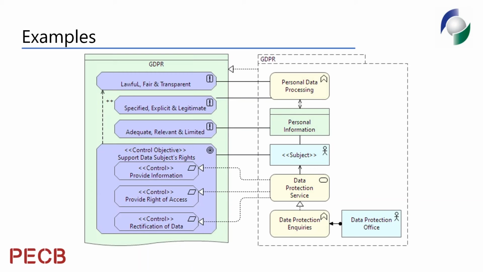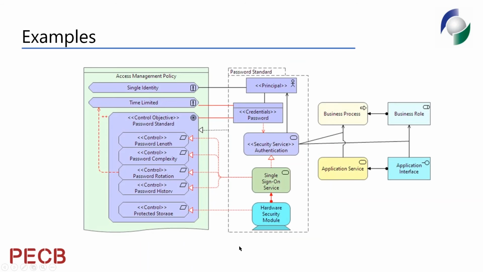We get some sort of automatic traceability and show of compliance, not in a big spreadsheet, but just by, say, querying our model. And the way that works is, what I've done in this model is trying to highlight these relationships in red. So if we know, for example, that in an access management policy we want our credentials to be time limited, we have defined ourselves a password standard where there's this control that passwords need to be rotated at a certain period. Then we can see both that time limited principle and the control objective apply to the password.